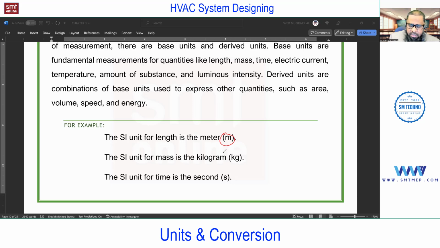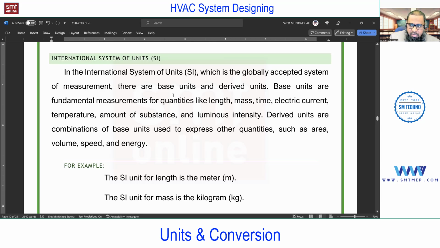Okay, I'll give you that conversion, don't worry. So just at this level, try to understand the concept of SI. SI is a part of metric only. To avoid confusion, we are using the base unit from that. So if all the companies are using these base units, SI, there is no chance of confusion